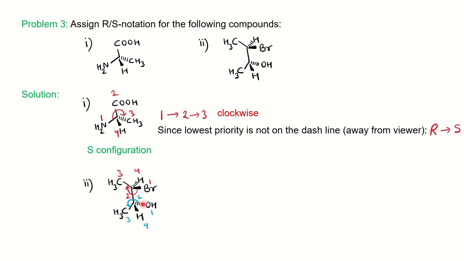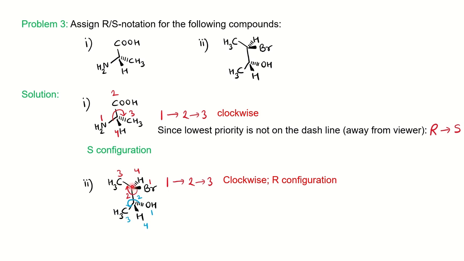Now this is the last problem in this PPT, and here you have two stereogenic centers, right? For each we will see the R and S nomenclature. First we look at the first stereogenic center, where you have 4 different groups: CH3, hydrogen, Br, and this whole group will be considered one group. So again we give the priority here. Bromine is 1, the whole group will be given 2, CH3 is 3 and hydrogen is 4. The least priority is on the dash line, so no need to interconvert, we just have to see 1, 2, 3. 1, 2, 3 is coming clockwise, and so it is R configuration.